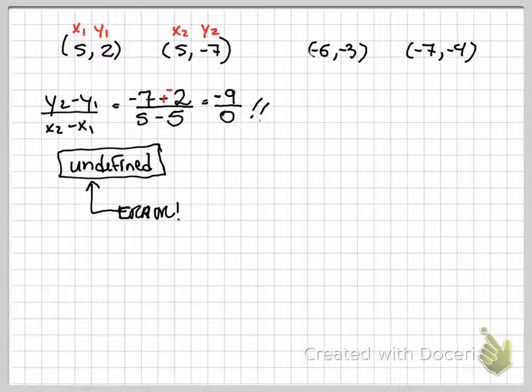I'm going to change one thing over here so that I can give you what I promised, which is a positive slope. Or sorry, a negative slope, because we've already had one that was 0, one that was undefined. Now we need to have one that is positive. Or sorry, one that is negative. Okay, so again,